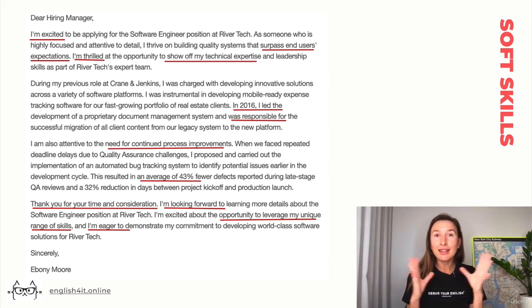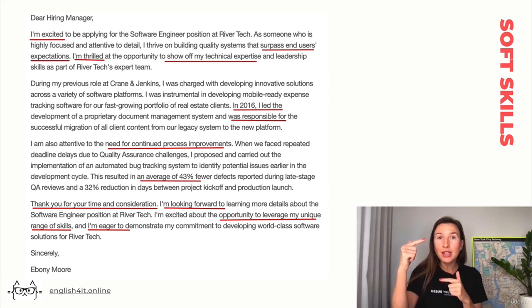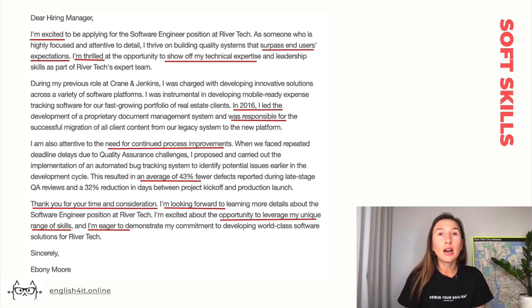So technically then you sign off sincerely. In this email I use sincerely because the greeting is dear hiring manager, right? If your greeting is hello, for example, then you can wrap up your letter with regards, for example, and sign your name there. Okay, so this should be a good template for your cover letter,